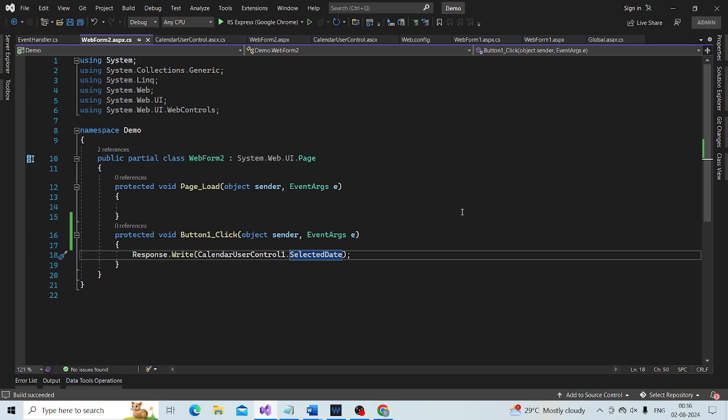So the important point to understand is, how does the button control know it has to call this method when the click event happens?